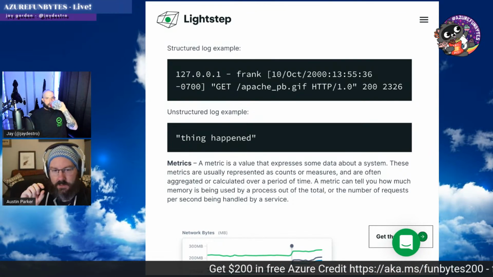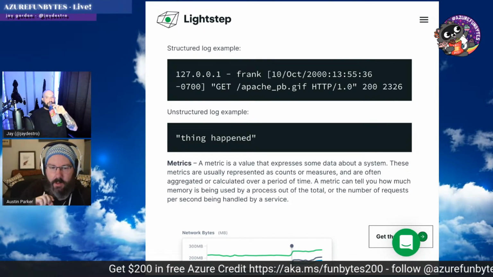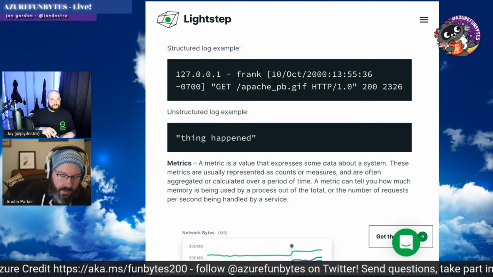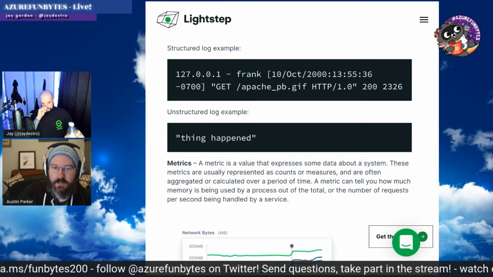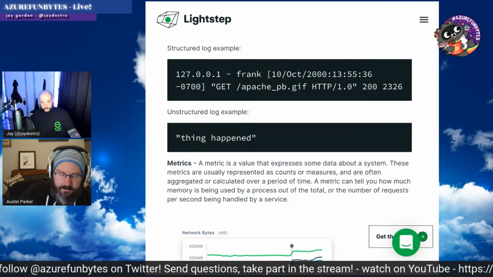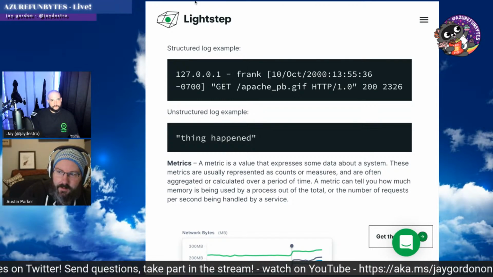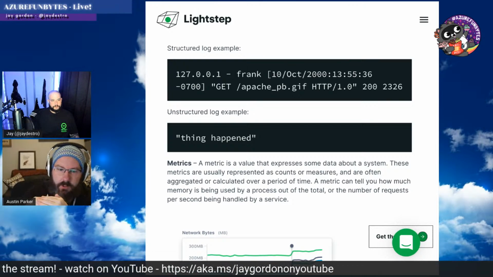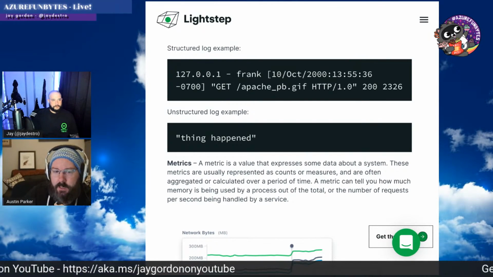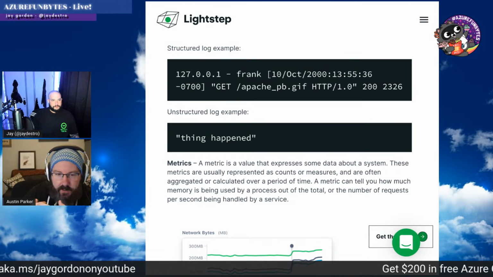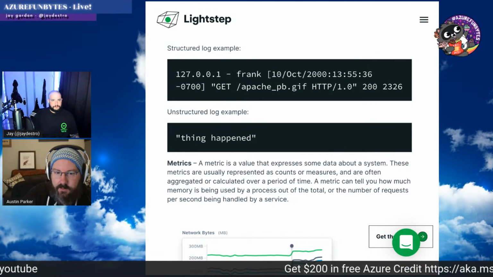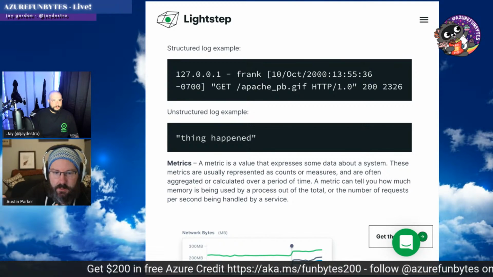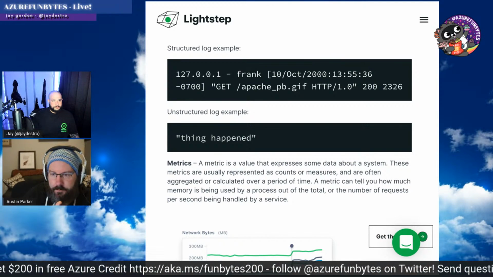But what's interesting is that, and this is even how I write logs when I'm writing code, I usually don't have the spoons necessarily in my day to go through and make sure that I am using a structured log for everything. Quite often, I'm going to use a framework or some other tool that provides that structured log for me. So if I'm writing in C#, obviously there are